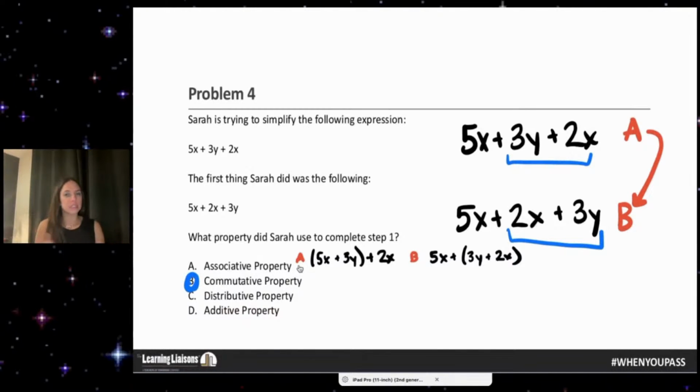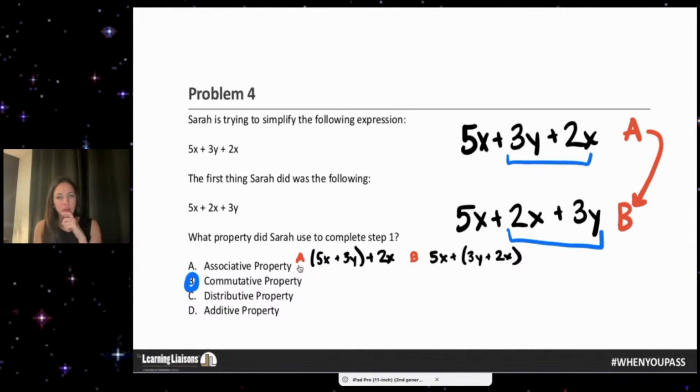is why you often see associative property represented with 3 items instead of 2, because if you just had 2, you can't do the associative property. And so I think what they were trying to do was trick you into thinking that this is the associative property because there's 3 items that are being added in a different order. But if the order actually changes, then we're looking at the commutative property. Does that make sense?